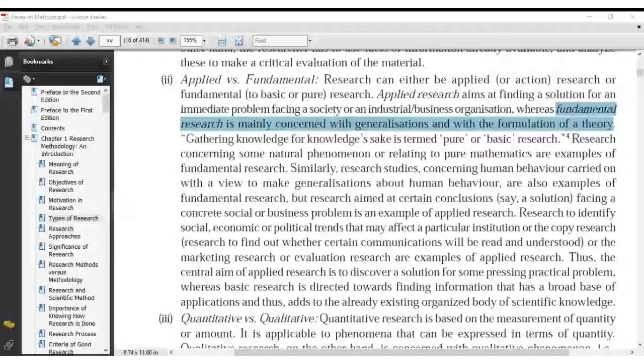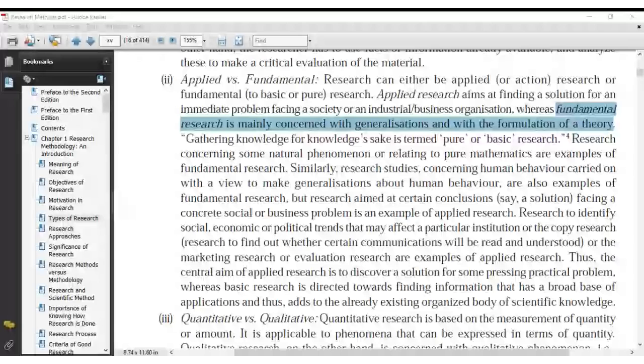fundamental. Then Sylvia, applied research aims at finding solution for an immediate problem. That is true. Fundamental is for building theories. That is true. But Sylvia, give me examples. Kevin Korir, it is something about curiosity. What exactly, Kevin Korir? What are you saying it's about curiosity? Explain further. Then Sofia Gishuki,